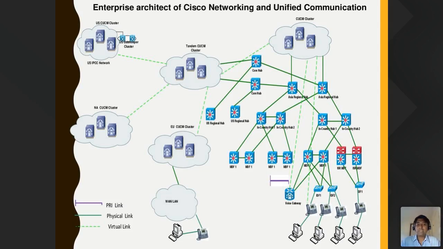So, this in-country hub router that you're seeing will communicate with every office they have within the country. Take Cognizant or Infosys as an example. They have plenty of offices within Chennai, within Bangalore. So every office needs 2 routers for failover.